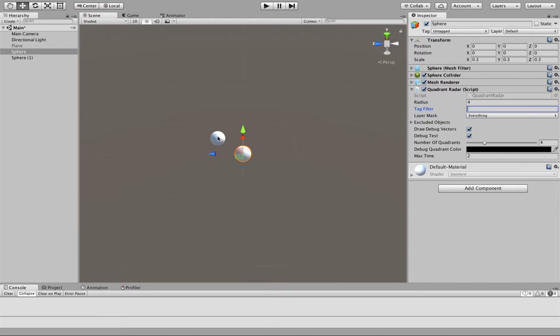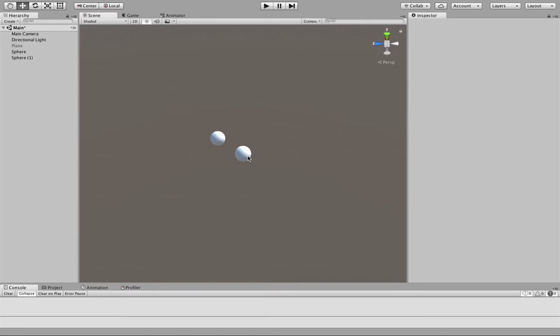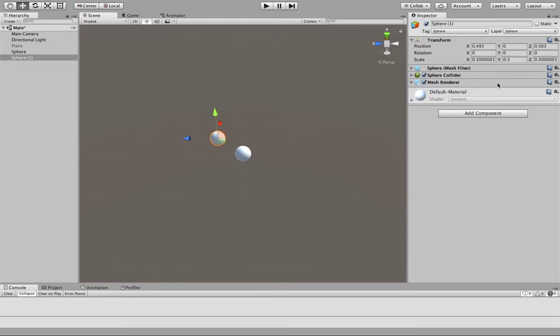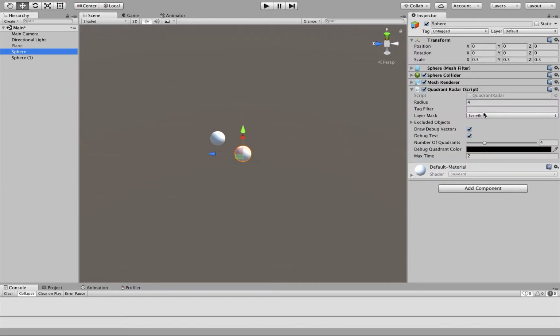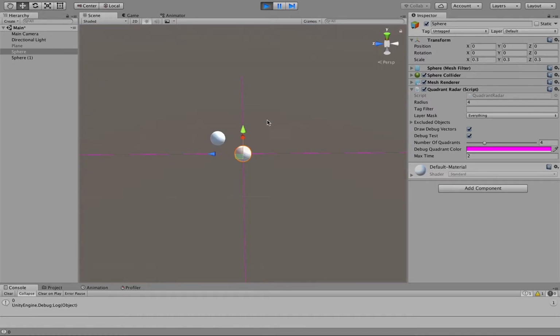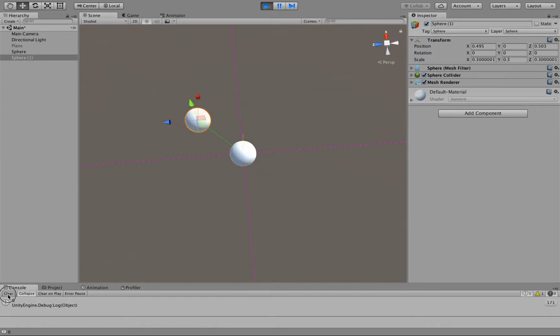Tag filter can be used to exclude certain objects from the radar. Right now, this guy has a tag and he's on the sphere layer. So we'll just include everything for now. Okay, so as you can see, right now,